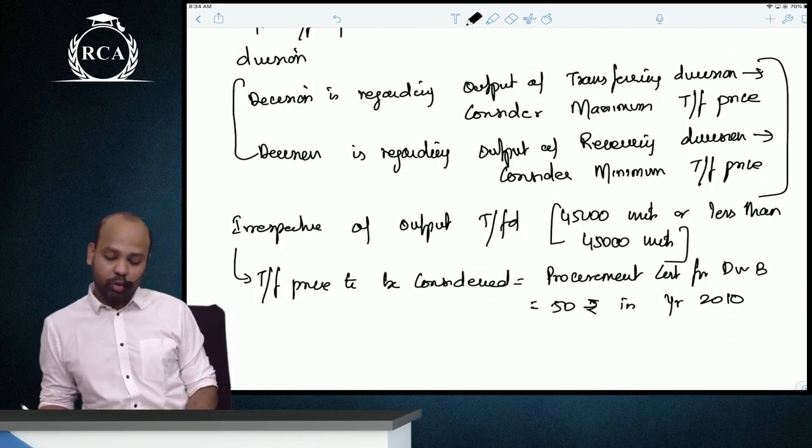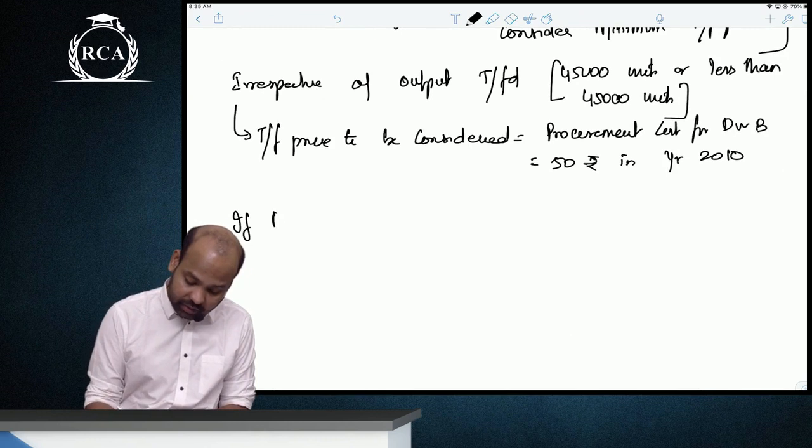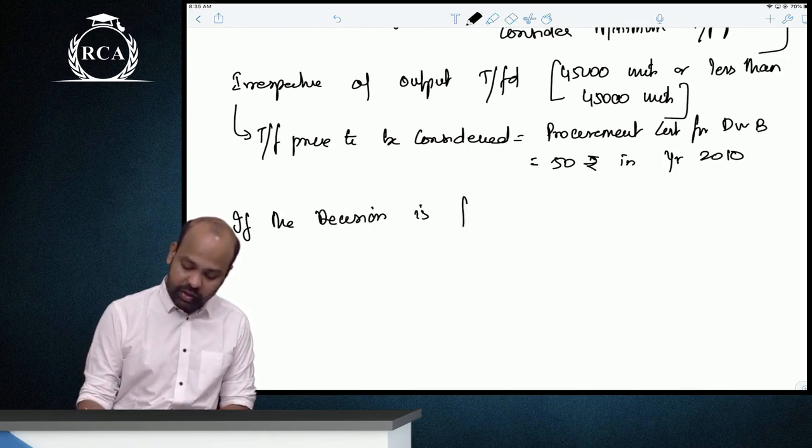This is the first most important point, guys. I hope you're all listening. I hope you're all understanding. I'll write again, beta, if the decision... all of this is only for our understanding, don't write it in the exam, beta. If the decision is from the viewpoint of division A alone,